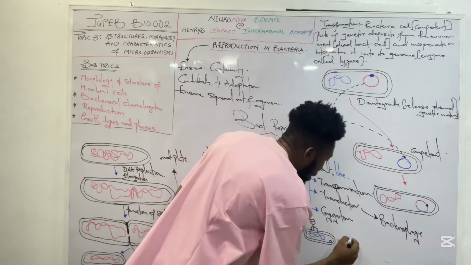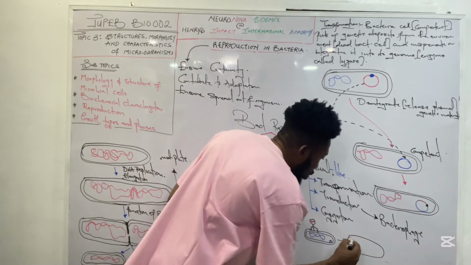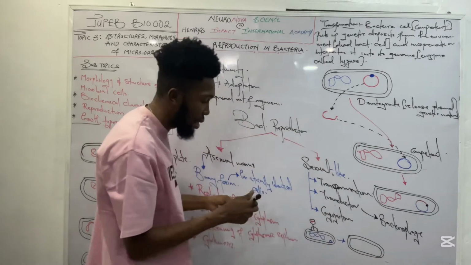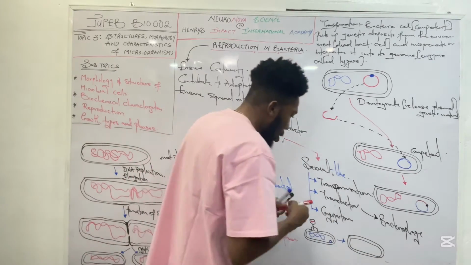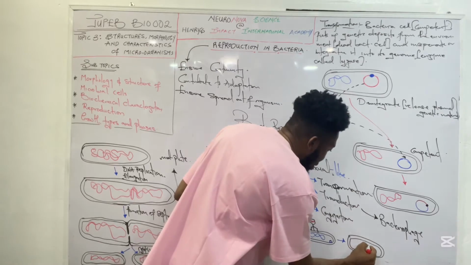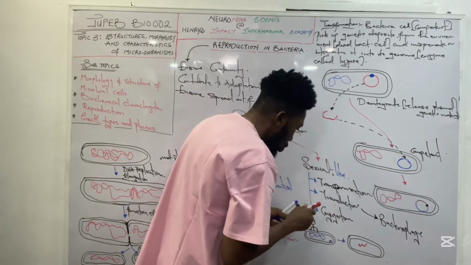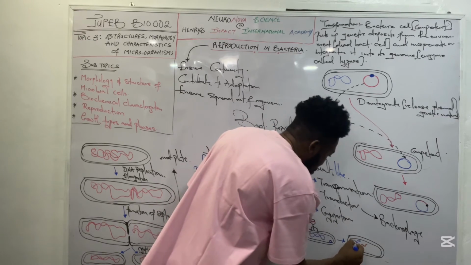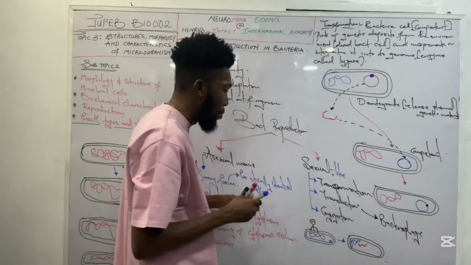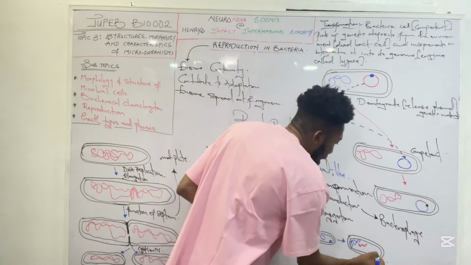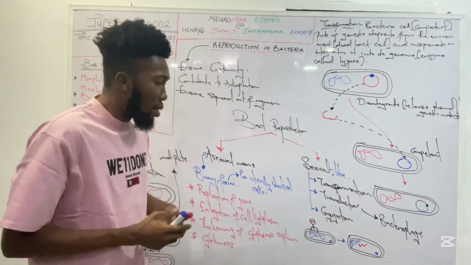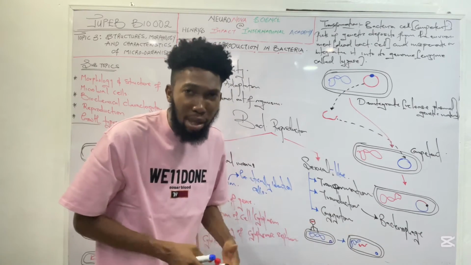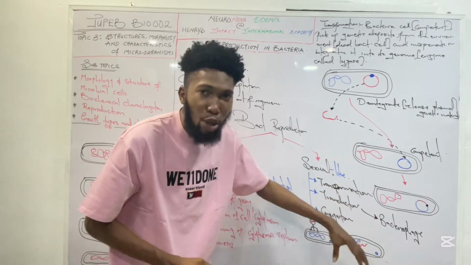It will not be a bacteria. Within the cytoplasm of that bacteria, you'll be seeing the genetic material, that red coloration in this case, of the virus within it. You can see that here. This is that of the virus here now. So when this happens, you still have the genetic material of the virus in the bacteria there. Now this viral genome will start making use of the machinery of the bacterial cell to start